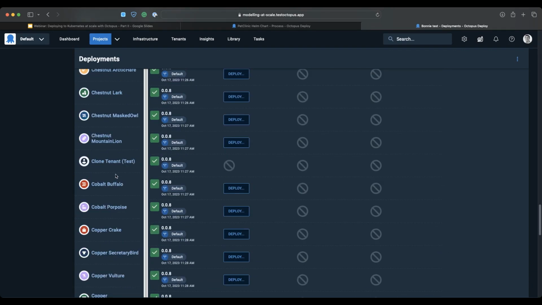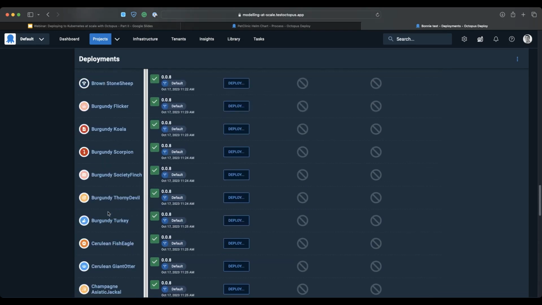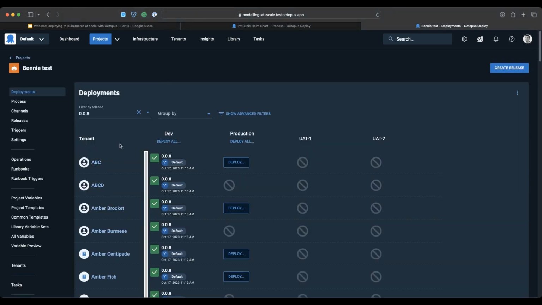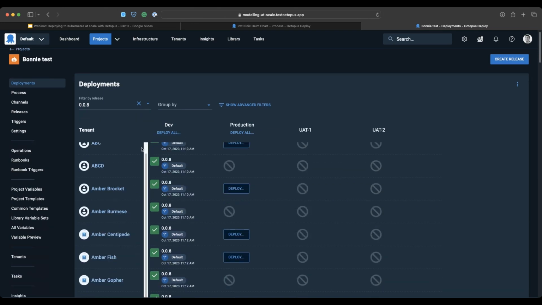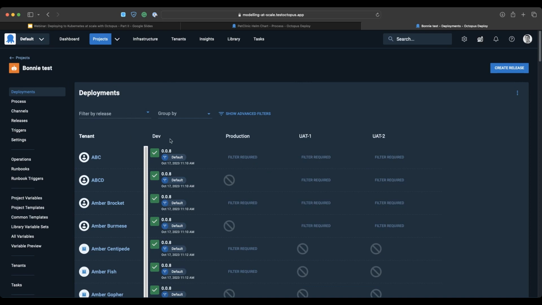So if you can keep up with my scrolling here, this is a single project that can be deployed to up to however many 100+ tenants we have here. And this is the sort of the dashboard view experience you have of this, to be able to filter down